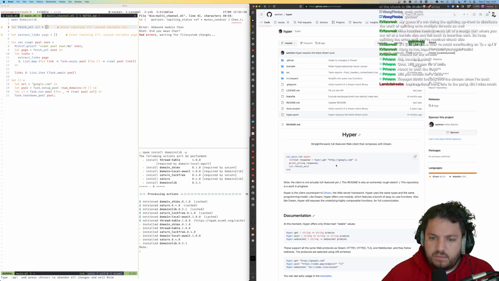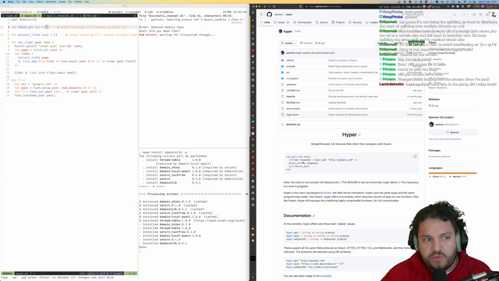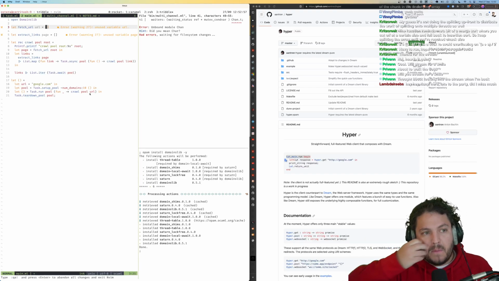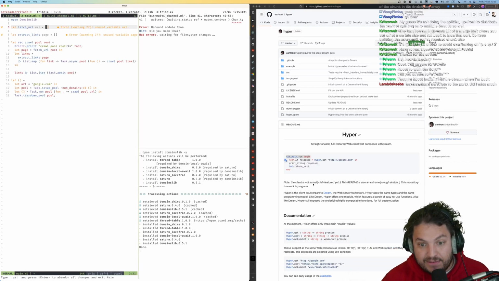And this library said, if you want to run Hyper, you need to do hyper.get inside of the LWT main context. So this will actually be an Lwt promise. I say Lwt, it's just lightweight threads. It's too long, so Lwt. But how can you run the promise if you don't have the async runtime? Domains is not async, it's parallel. So we need to figure out how to actually get an async runtime